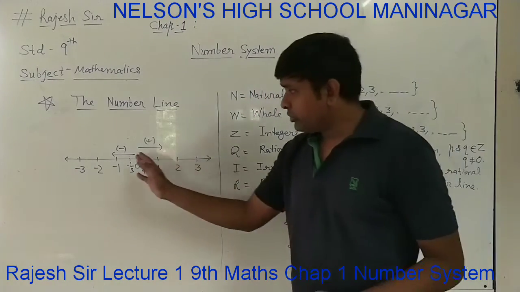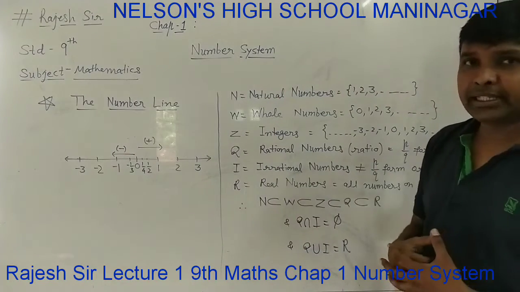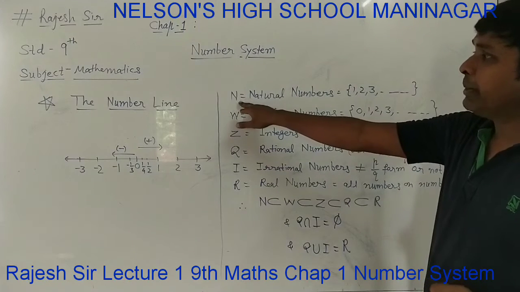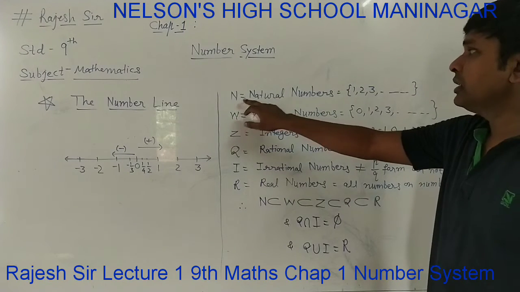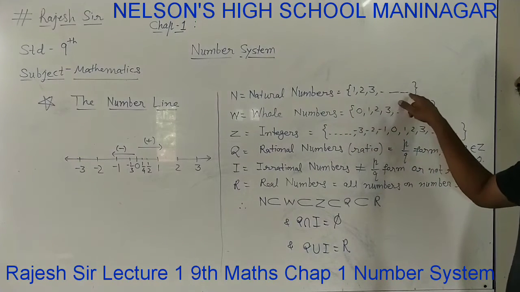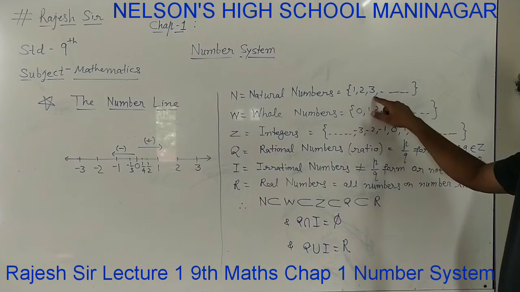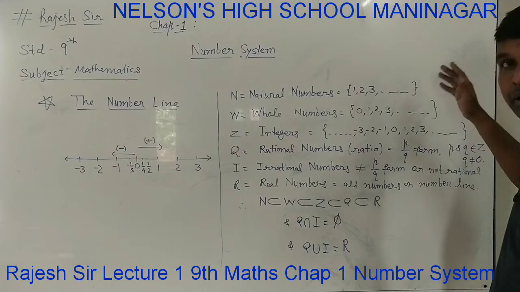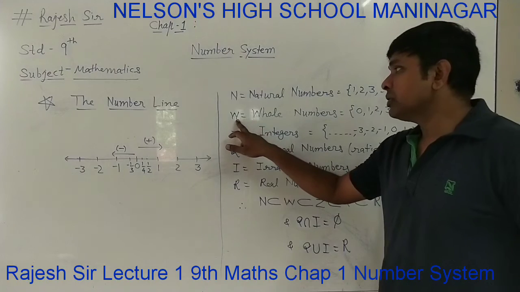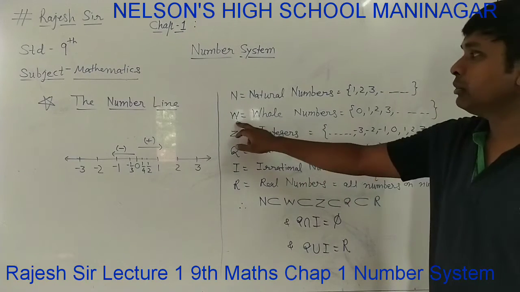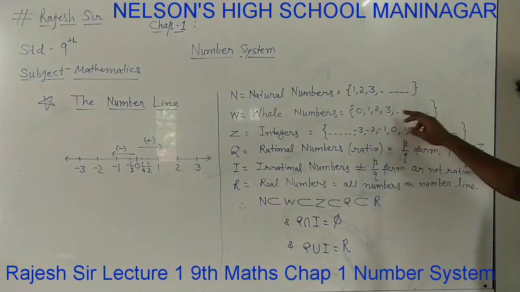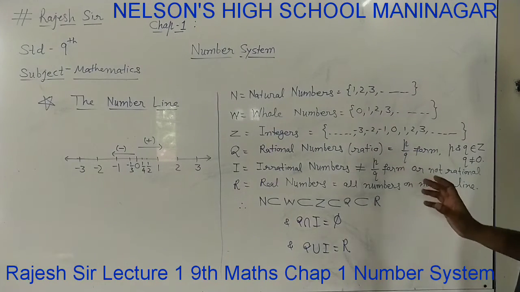So these types of so many numbers are there, so we have categorized them and we know about it. In earlier classes also we know that capital N is the set of natural numbers. In natural numbers we take all the numbers starting from 1, 2, 3, 4, 5, 6, 7, that way. Capital W denotes the whole numbers; in that we start from 0 and 1, 2, 3, 4, all the numbers we take in this set.